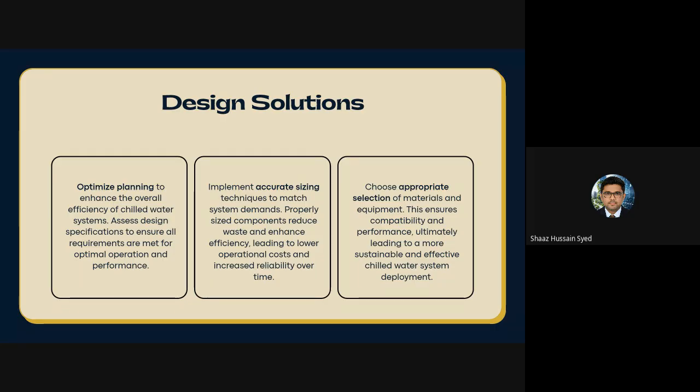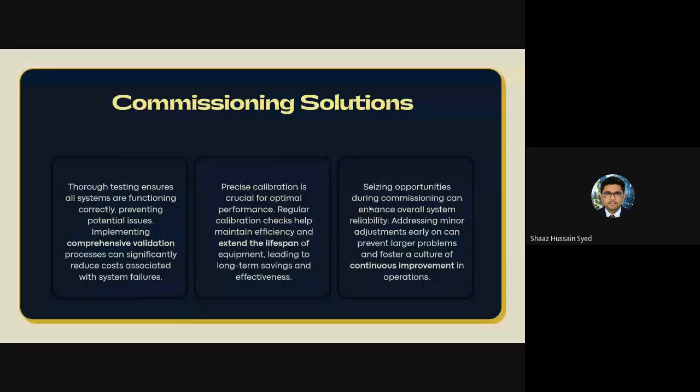We can use PICVs or DRVs to control the water properly. The coil sizes should be correctly done and reviewed, and the DP sensors placed at the farthest point possible, so that they sense properly and maintain the flow properly from the pumps. And no three-way valves. We should remove the three-way valves from the system. These are some of the recommendations we have provided earlier for design solutions to improve the delta T performance for our network.